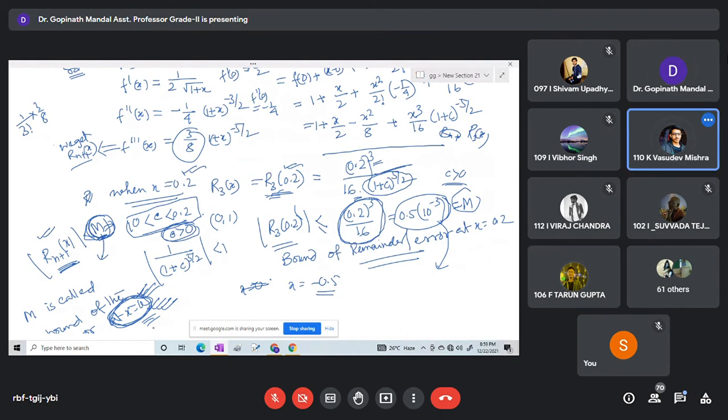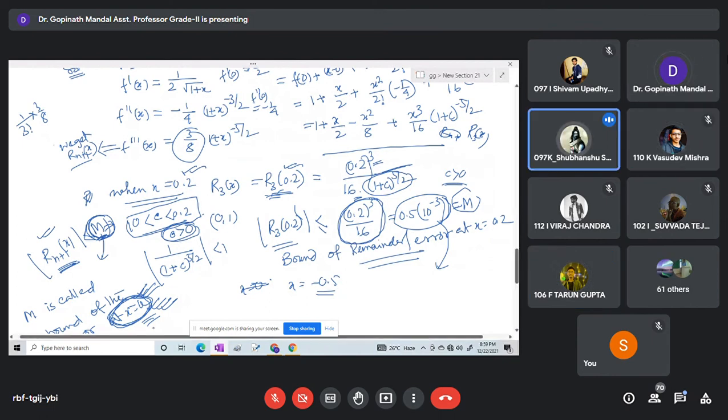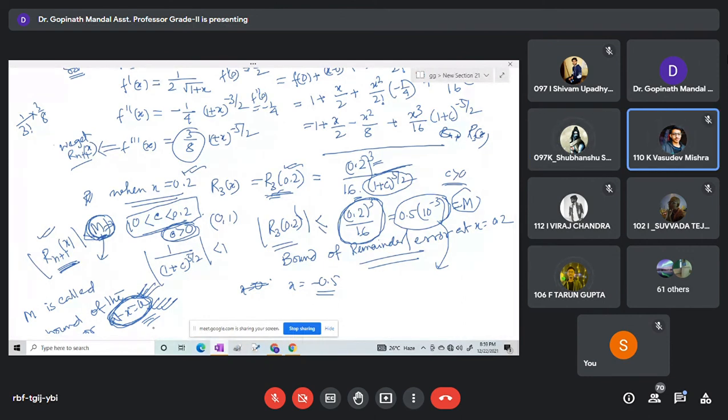Where can we find this topic in the Grewal book that we have been sent? Fourth chapter, page number 134. Go to page number 134, then scroll down. You will find this topic.